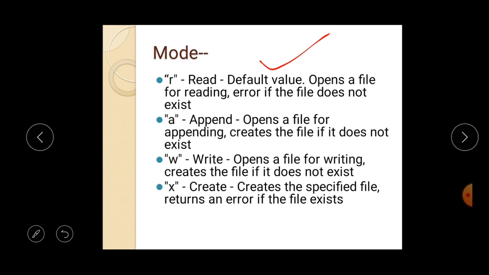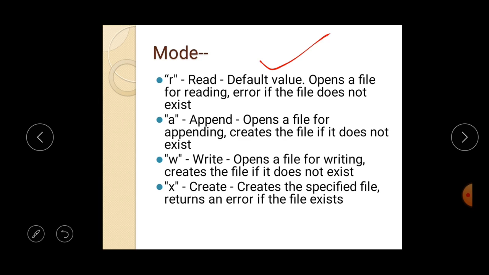Try to understand it. If you want to open a file to write anything and that file does not exist in the memory location, the compiler will create a file of the same name as supplied as a parameter value, and then the file will be available for you to write anything in it.